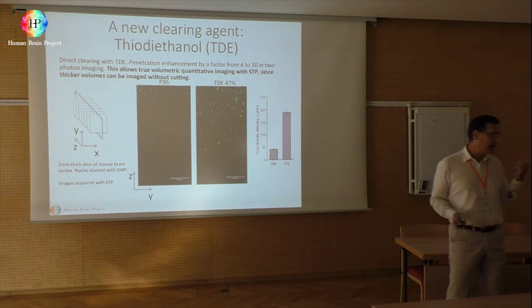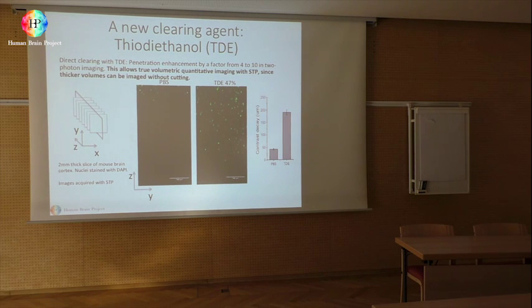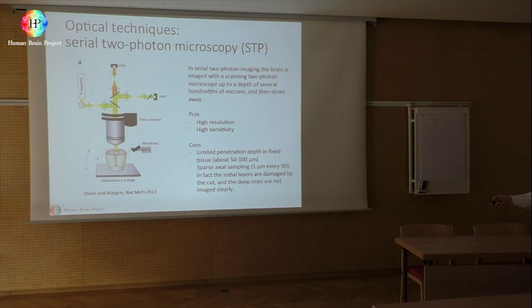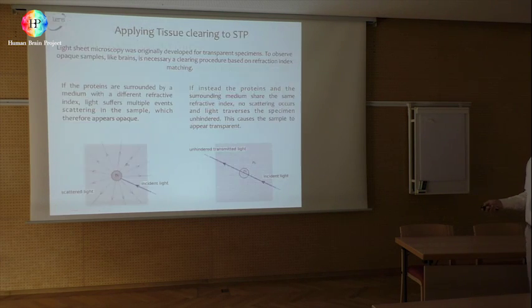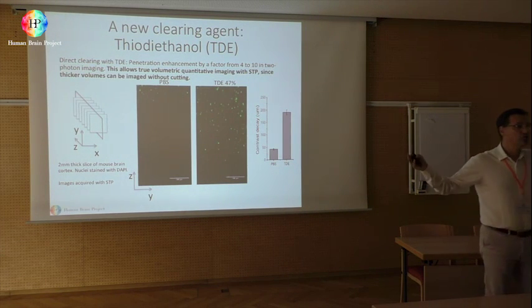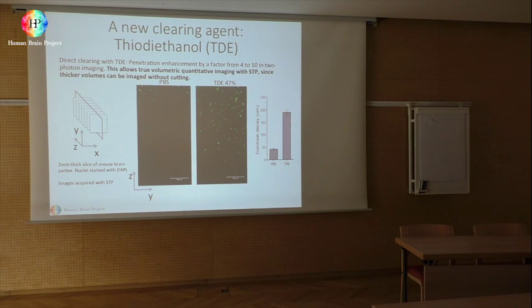And that's the nice news with the two-photon serial section. Do you remember I showed you at the beginning the two-photon serial section? Do you remember I told you you take only one plane in 100 microns because of scattering? And now with this clearing you can go up to 2, 3, 8 millimeters depending on the objective you are using. You can match the objective with the index of refraction, and you can go deep without losing